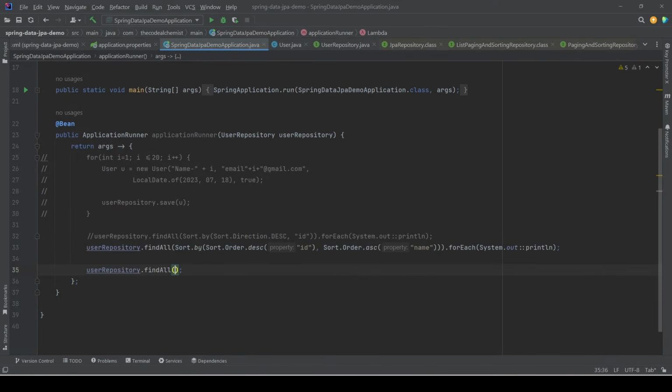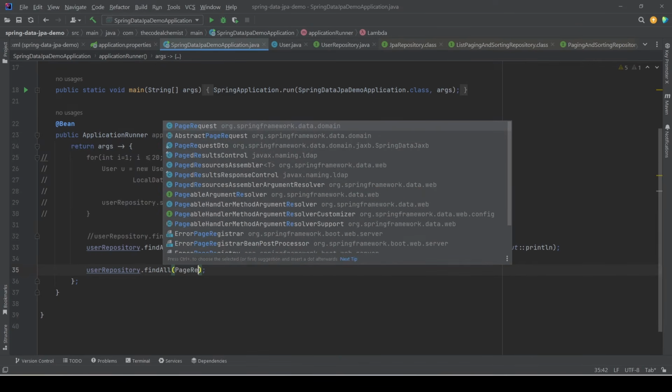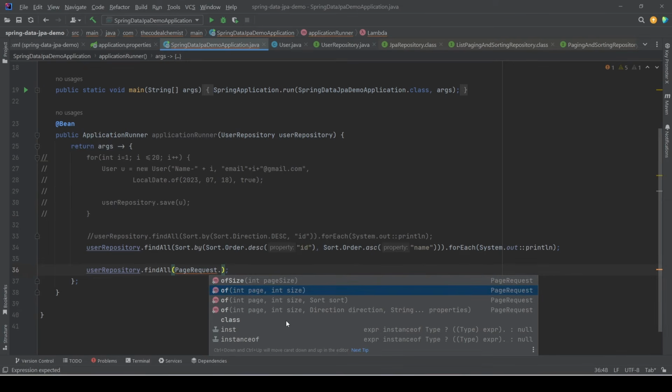Okay. Now what is this Pageable? Pageable is a type which holds the information about paging. And there is this implementation of Pageable that we are going to use, which is PageRequest. Now, if we use the PageRequest, we see it has some factory methods like of, this one which